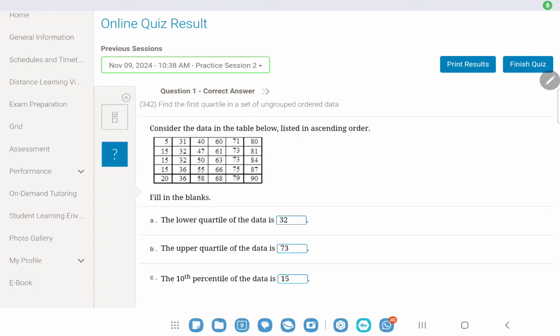Now we're going to be doing the 7.2 IG math quiz. It's not that hard, but you have to focus. Let's start. Considering the data in the table below listed in ascending order, meaning when you go down, it's getting